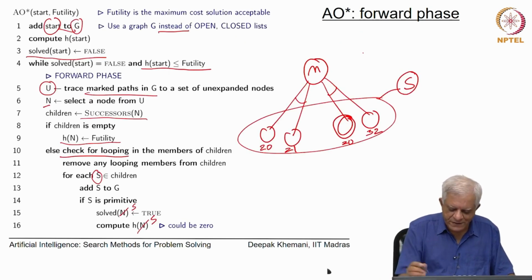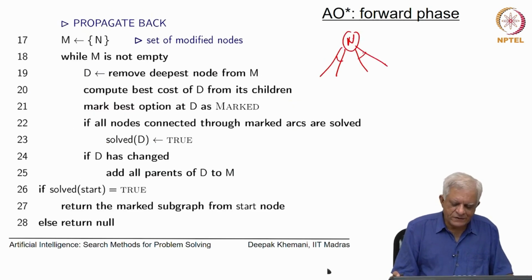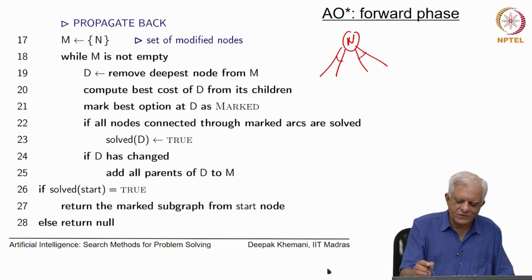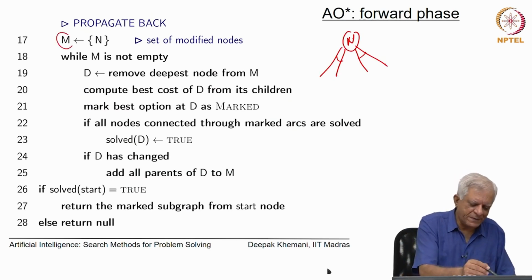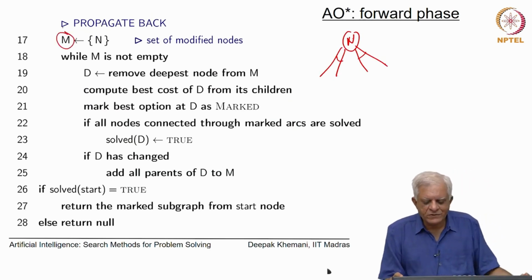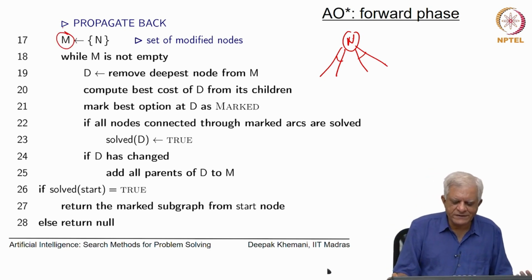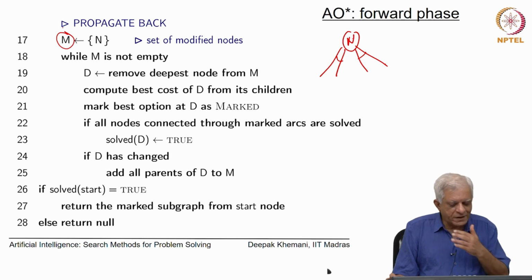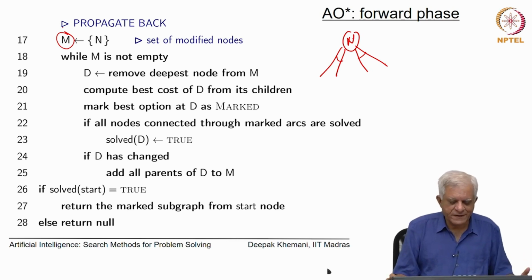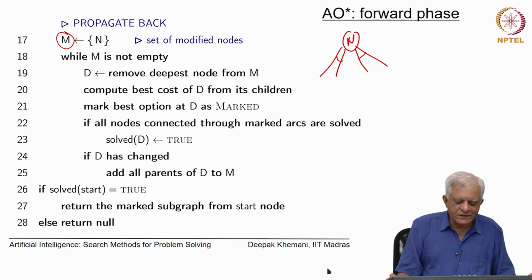So, this node n we add to a set called M. Now, this M is a set which we are going to revise essentially. So, initially we just initialize M with the set n, and as long as M is not empty, of course, M will not be empty because we have just added n to that. We remove the deepest node